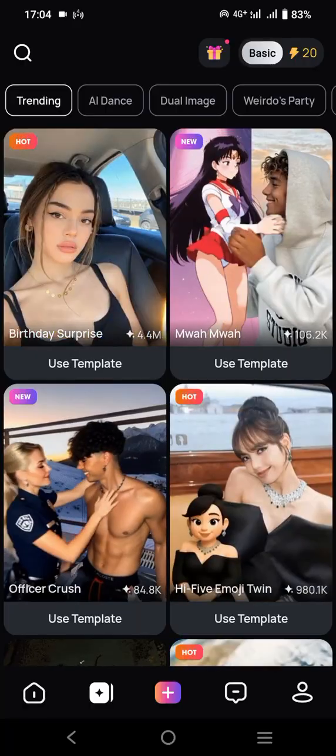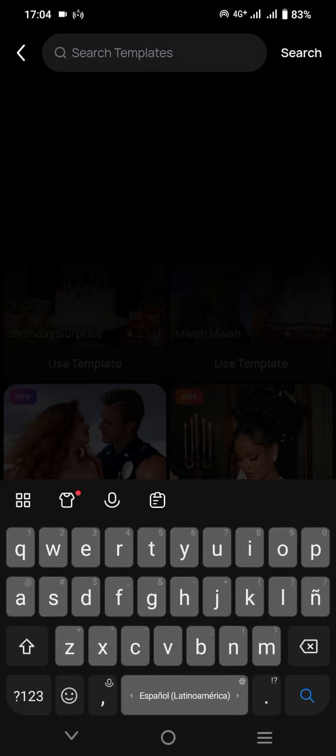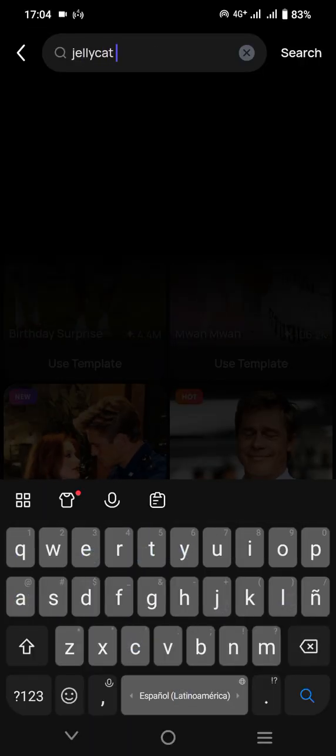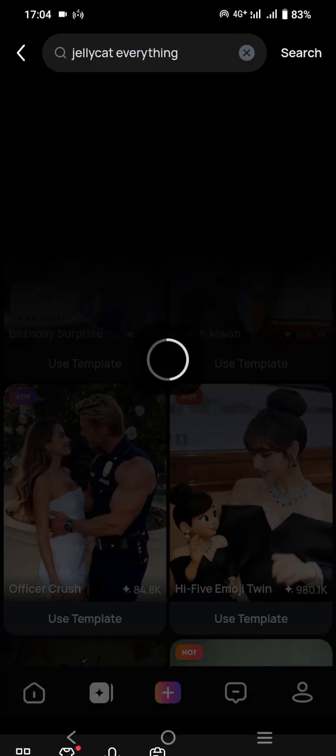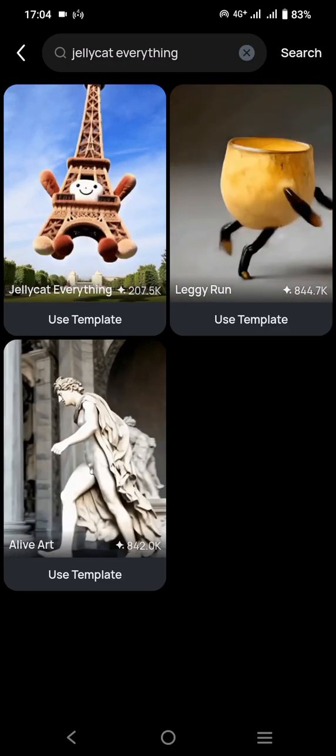For the template itself, I will type in the search section Jellycat everything and enter. Then we will choose this template,